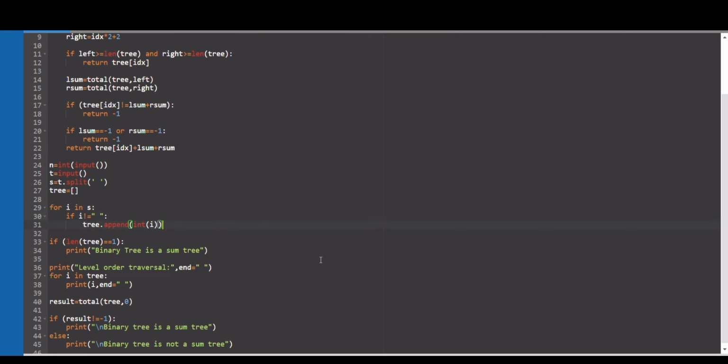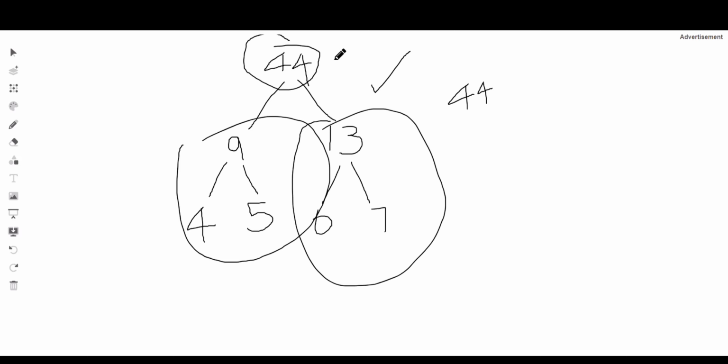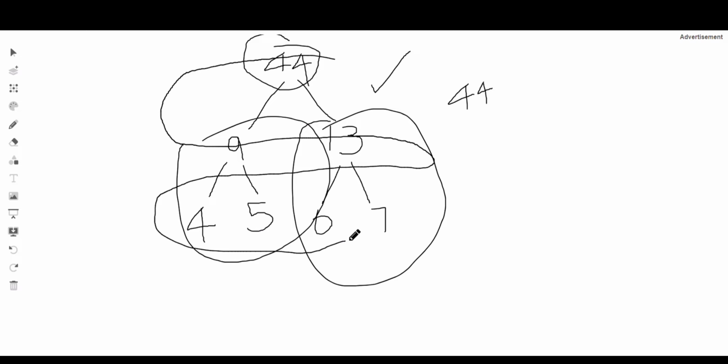All right. After that we check some base conditions, like when the length of the tree is 1, then we simply say that the binary tree is a sum tree. Then we print the level order traversal, which is nothing but the breadth first search. It's simply traversing the elements one by one, like this. From the root node 44, then 9, then 13, then 4, then 5, then 6 and 7. So the level order traversal would be 44,